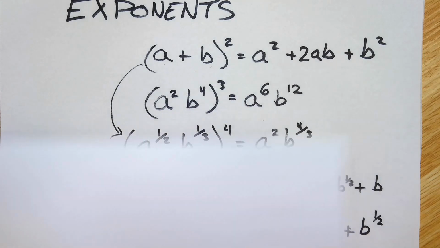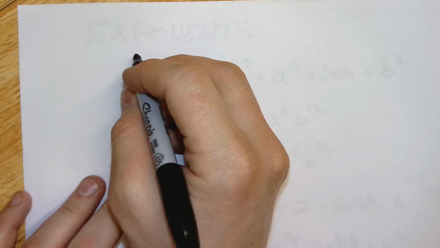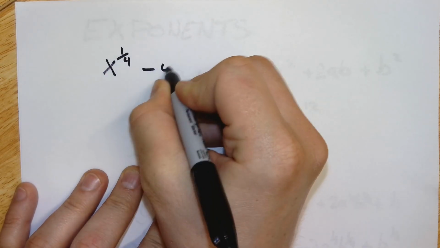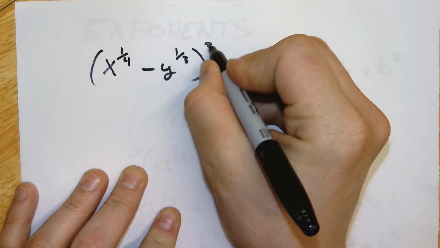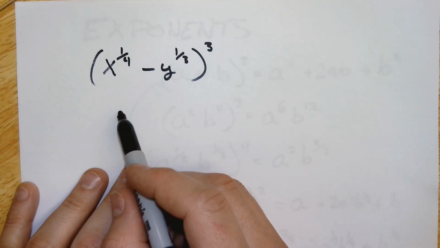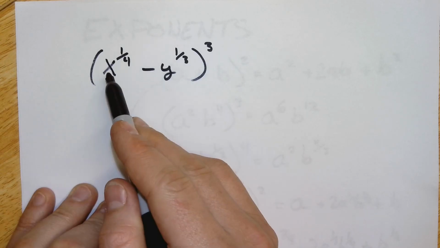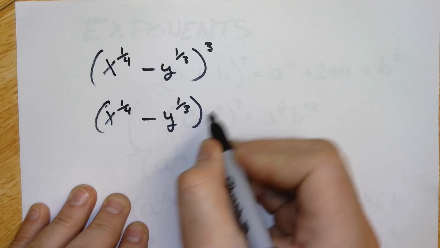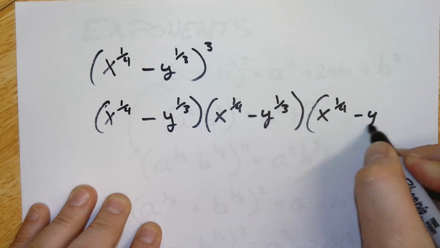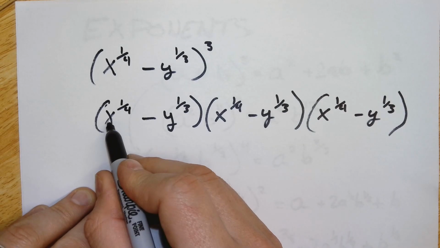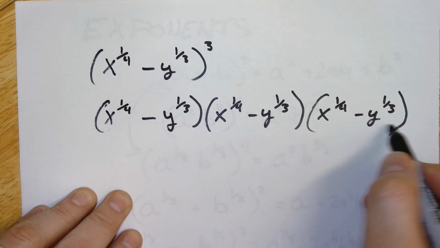Here's another way this might show up, and that's where the exponent is greater than 2. So let's say we have x to the 1/4 minus y to the 1/3, and I'm cubing it. If you remember Pascal's triangle, that's great. You know 1, 3, 3, 1 are all of your coefficients. Or you could go ahead and multiply these terms out. In which case, this would be the hardest part of doing any of this problem, which would basically just be